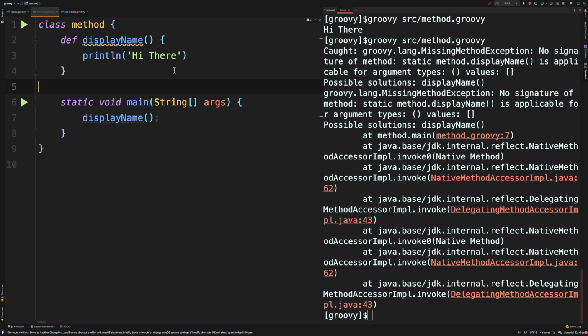Let me give you an example of how this works in terms of scope. So let's go to the whiteboard, and here I am going to draw two boxes. Okay, so here is a box for our main method, and then we have another box called displayName. Okay, so they have their own scope.